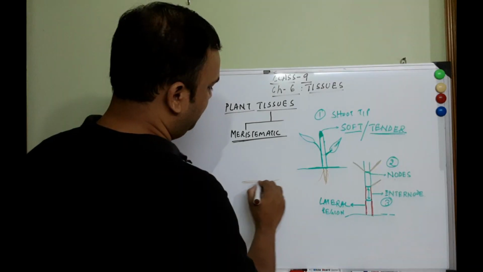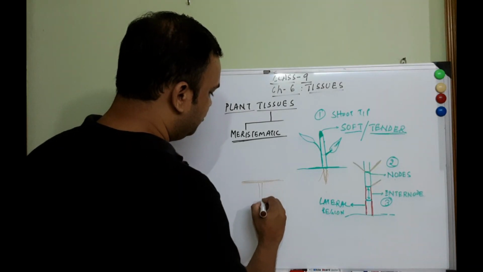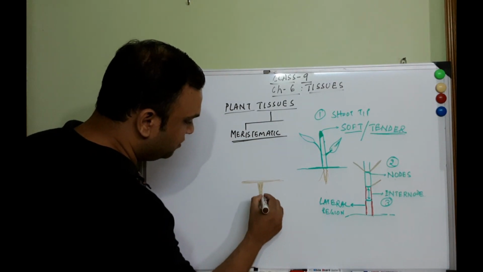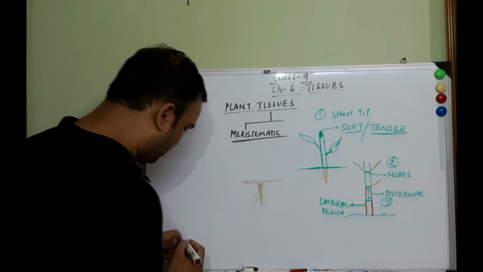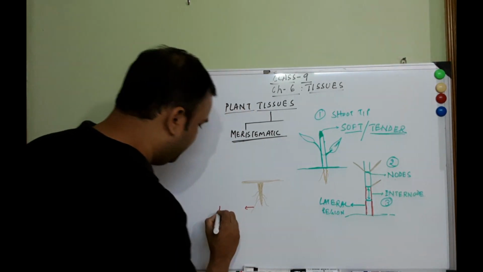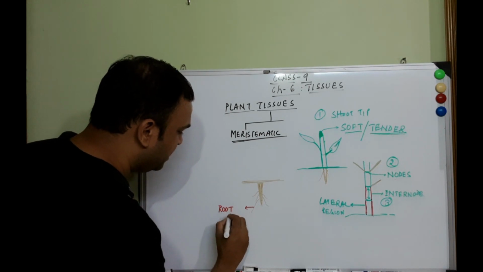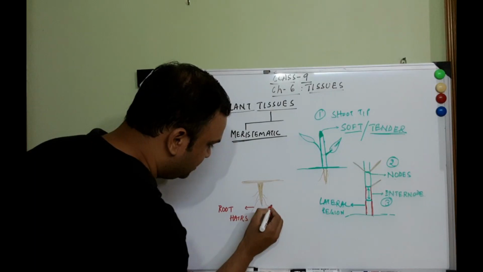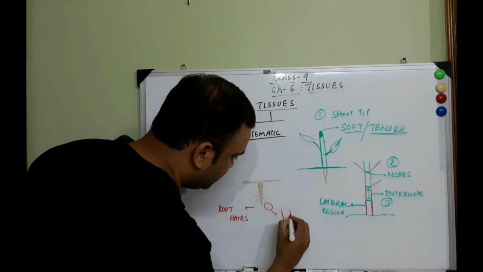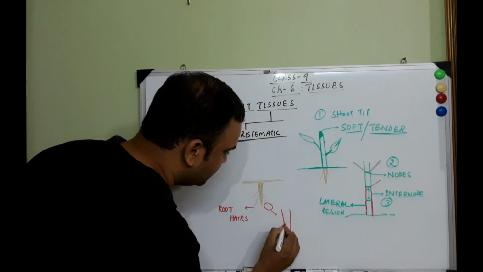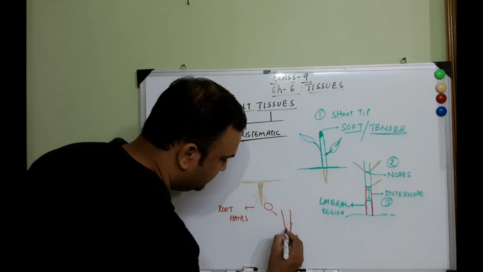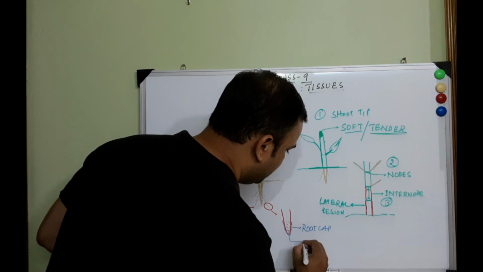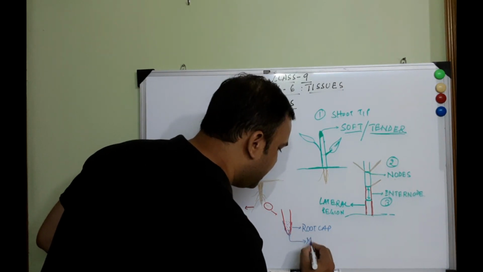One more place is in the roots, because roots have to penetrate into the soil. Roots definitely have root hairs, and the root hairs try to penetrate. These root hairs actually penetrate into the soil to absorb water and minerals. If you zoom into this particular portion, it looks like this, and this is porous. It will have the root cap zone over here, and this zone of penetration is meristematic in nature.